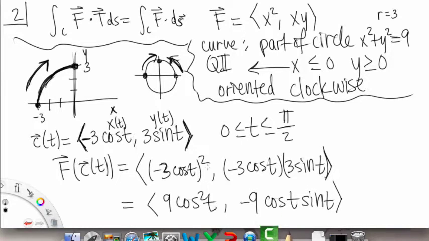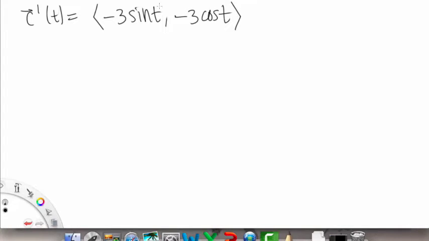Alright, so this is our f of c of t. That's one part. And then on the next slide, I'll continue to find the c prime of t. C prime of t is going to be negative 3 sine t and negative 3 cosine t. Okay, so we have all of the parts that we need to plug into our formula, which is